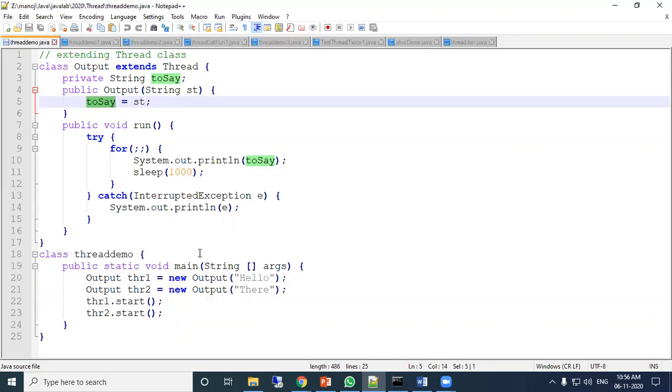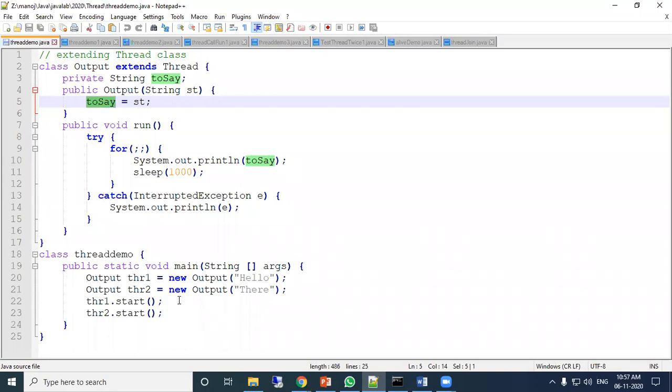But in case of thread, it will not give the time to one particular loop, because this thread starts, then this thread starts. So both thr1 and thr2 are executed parallelly and used in the memory.